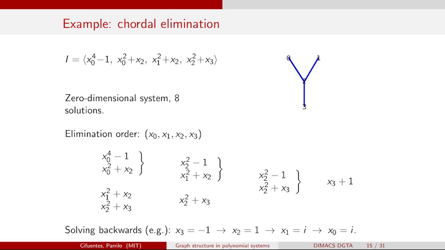So I have here my system of equations. If I go from this to the graph, I obtain this nice graph over here. A perfect elimination ordering for this graph is 0, 1, 2, 3. This is my set of equations, and I'm going to partition them in two. I want to eliminate variable x0. So I'm going to look at the clique associated to x0, so it's 0 and 2. Here I'm going to put all the polynomials that contain the variables 0 and 2, and here I'm going to put all the other polynomials.